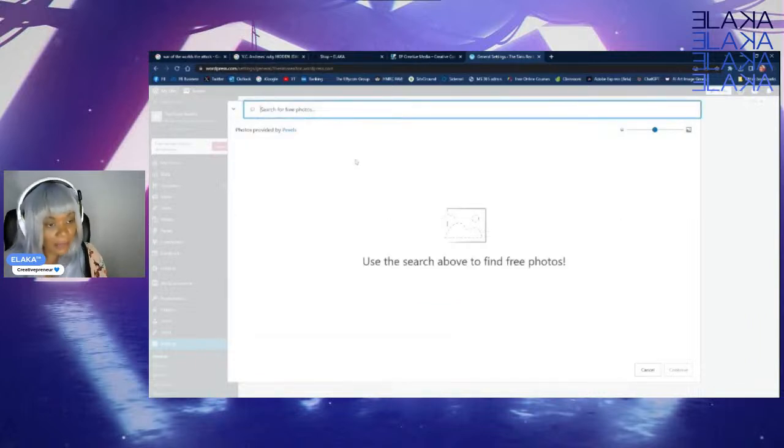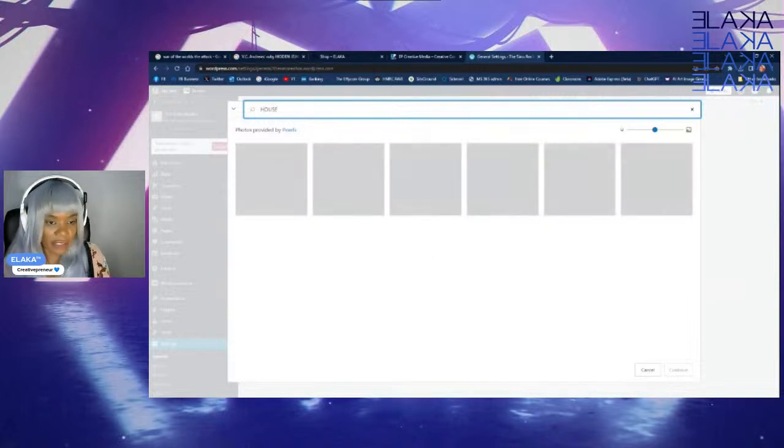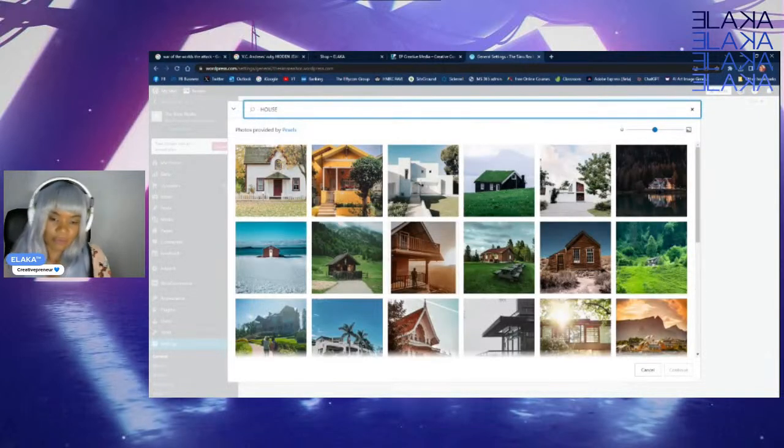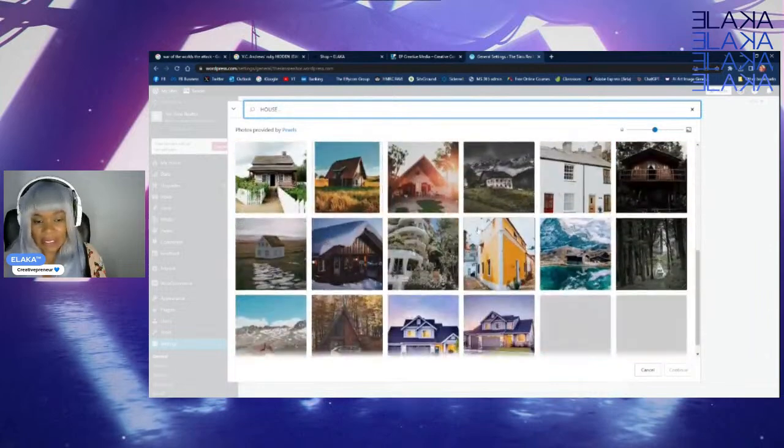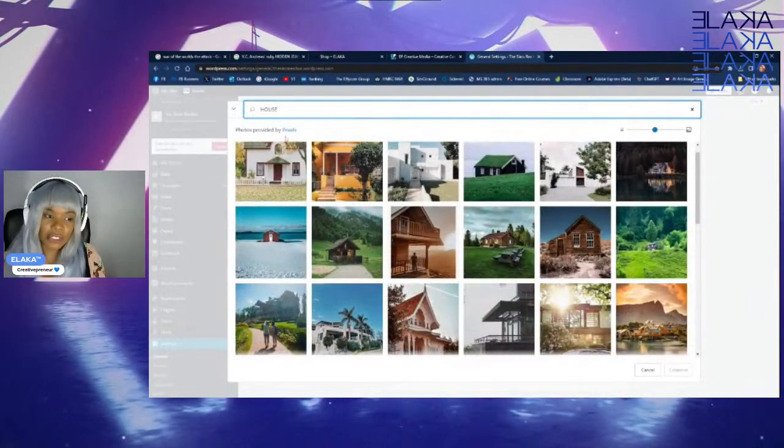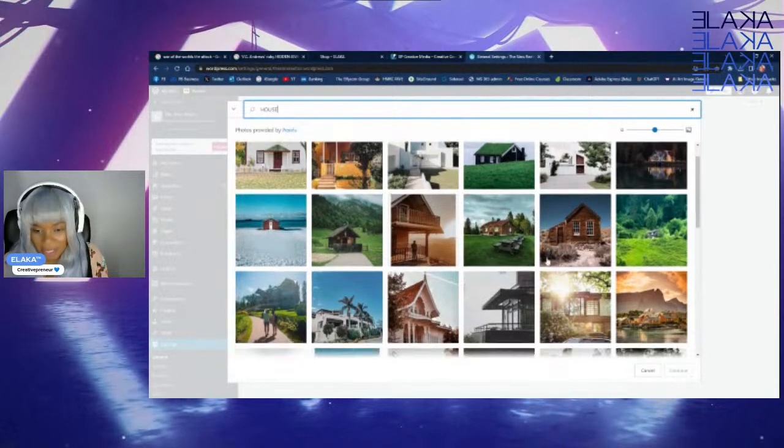So it says browse free images. And so what am I looking for? A house, just for instance, right? There you go. A bunch of houses have popped up, and I can select whichever one I want. But obviously, as you can see, photos provided by Pexels, because that is the company that's actually